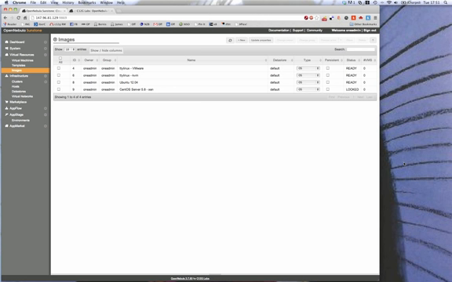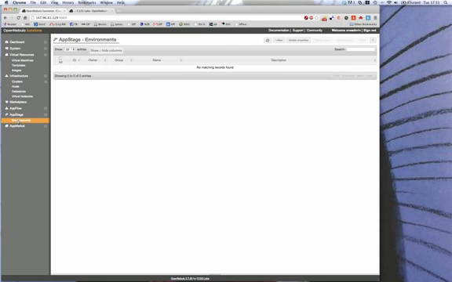Okay, so let's say you want to create a WordPress and you have an Ubuntu vanilla image with nothing installed aside from the Chef recipes and the contextualization package. Okay, so you go to the Upstage environments